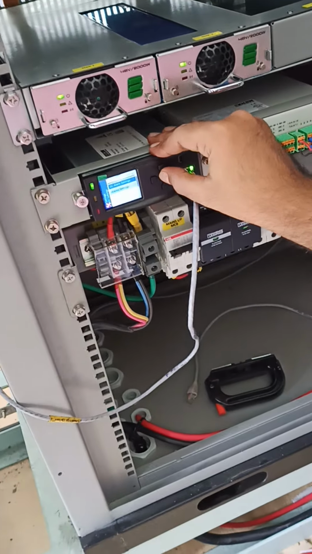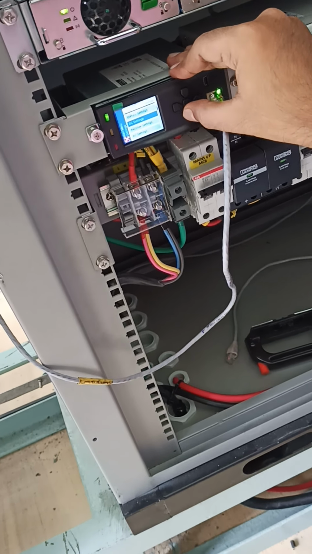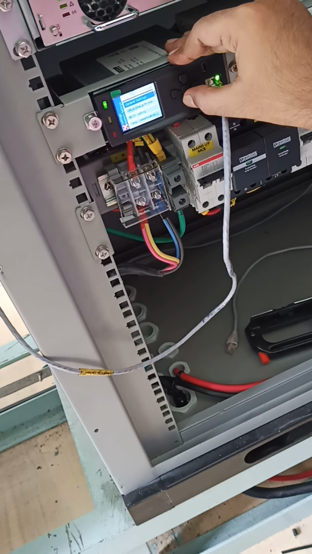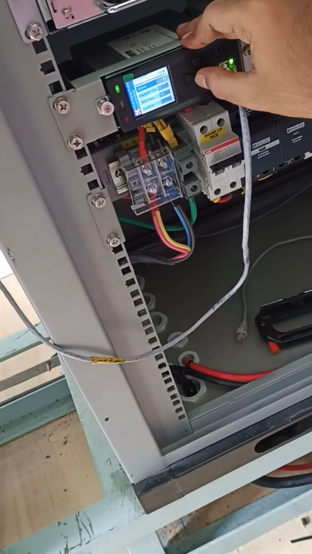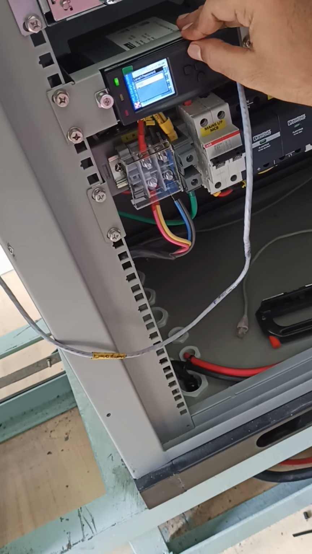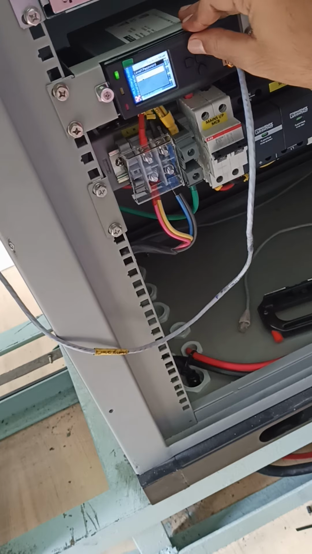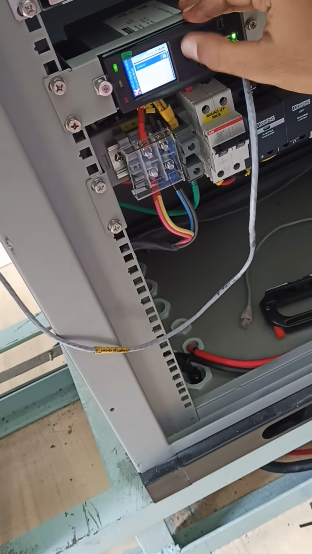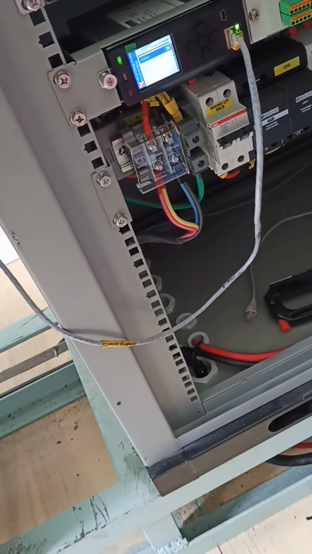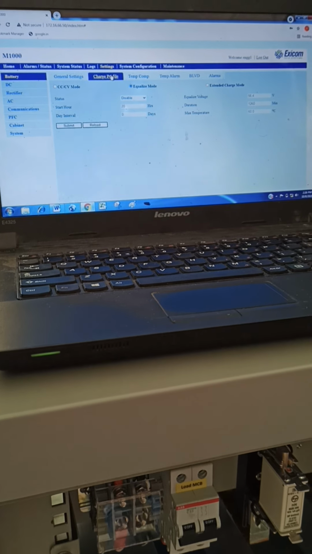Go to the DC settings. Alarm, battery setting and charge profile, then equalization mode is there. It's a tick mark, password 1, 2, 3, 4. Now we have to disable. Okay, now it's disabled. You can see here also after disabling. We have to go in charging, in equalization mode, disable. Password is 1, 2, 3, 4.